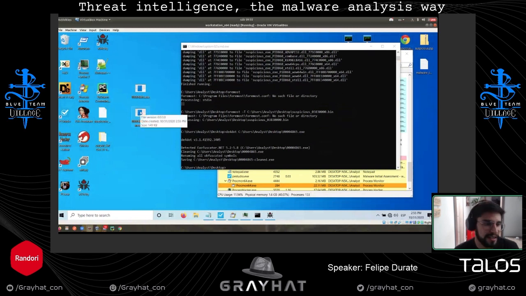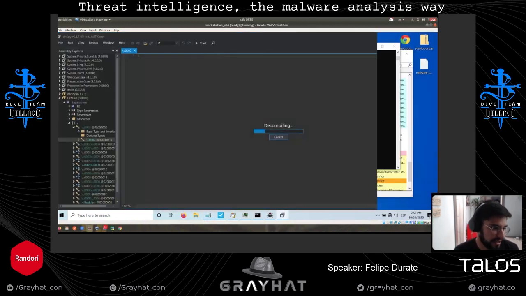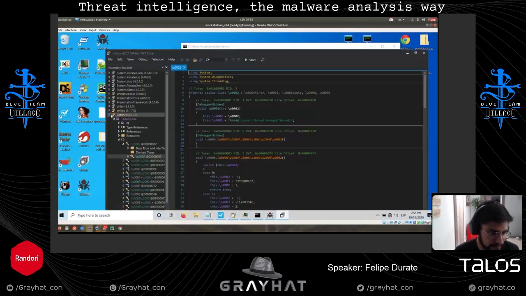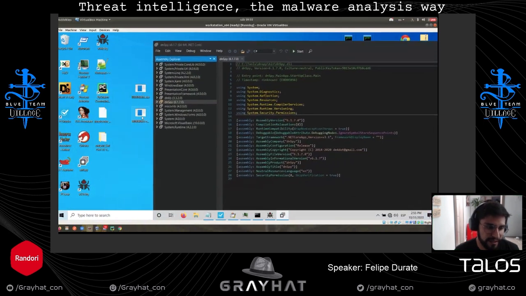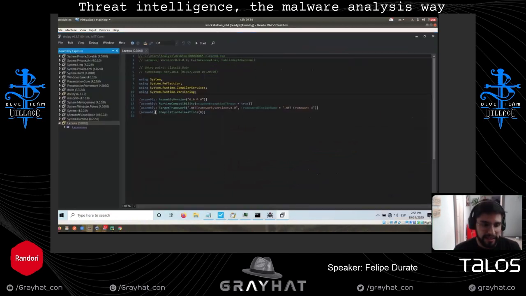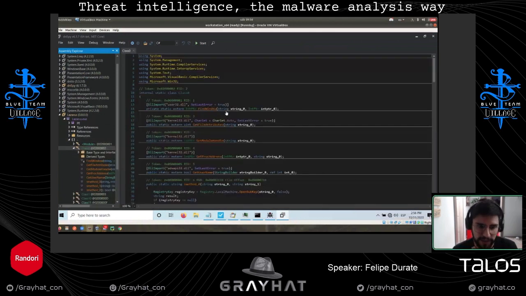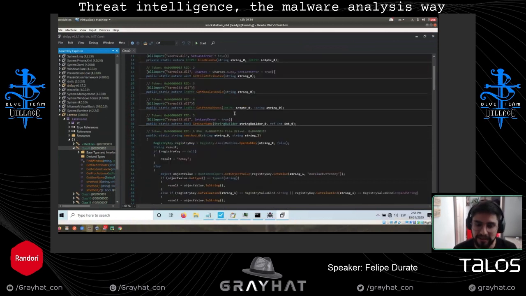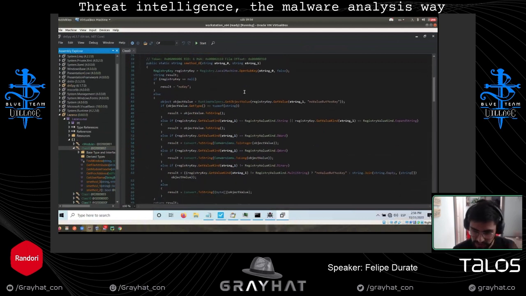So we are going with this clean copy, and we are going to open up dnSpy again. Let's remove Lazarus, and we go here with the clean one, just to get an idea of what this thing was about. You see here, it is clean now.